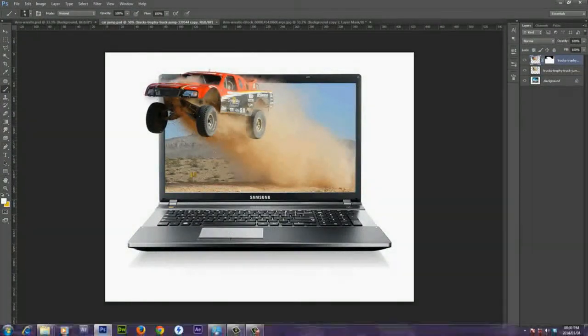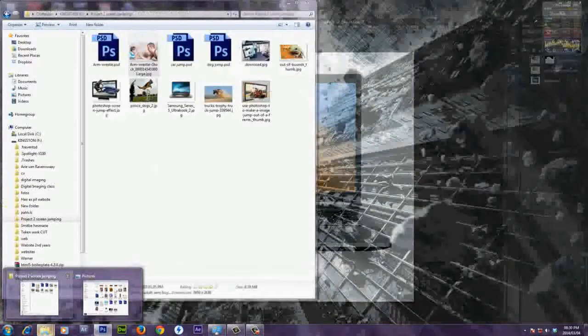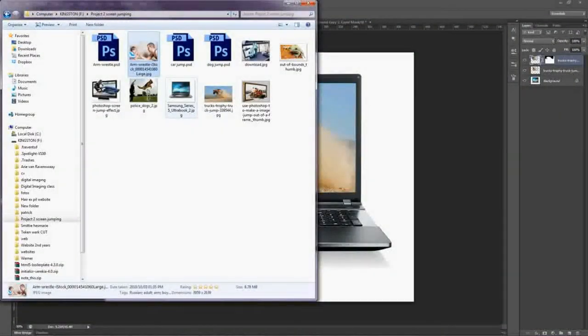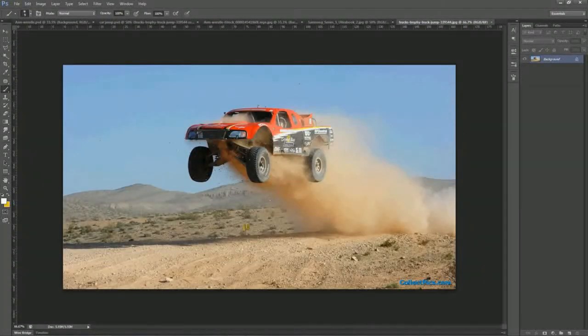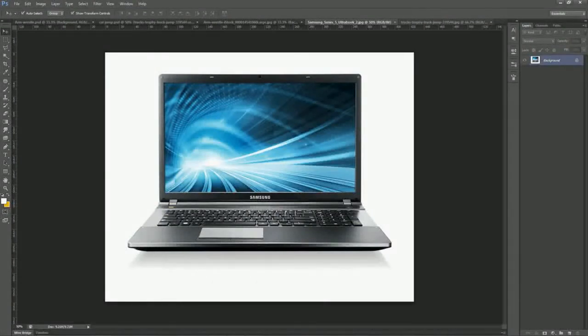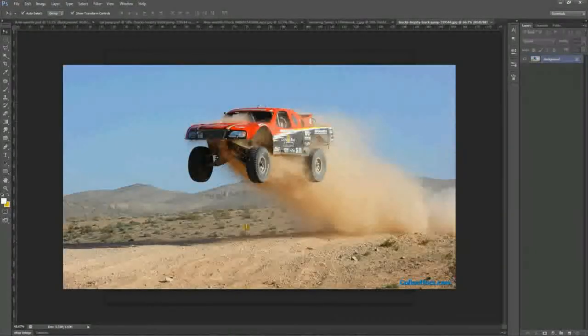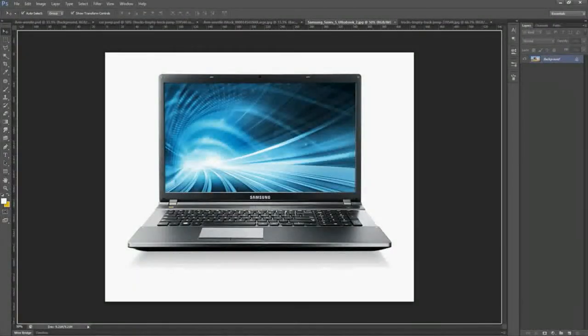The other one, let's try this one. This is quite an interesting one to do. So let's go to our image. We are going to use these two. I'm going to select both, move them to a new document. Now we have this car jumping in the air, and we have the Samsung laptop screen that we want to fill in with the car jumping over. So just drag it over, put it down there,